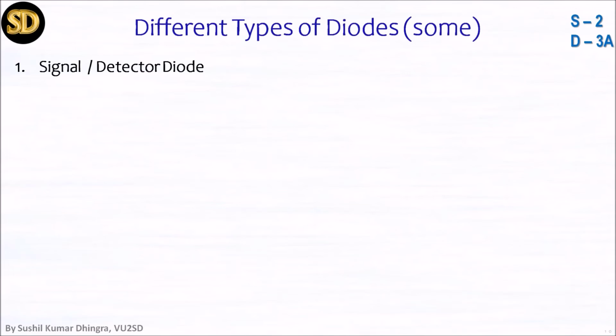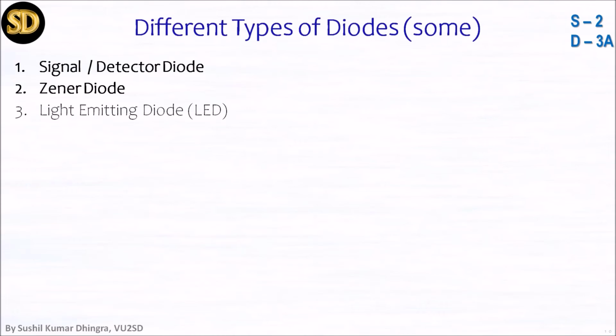There are different types of diodes in use. Signal detector diode, which you may find in radios. Zener diode, which is very much used for regulation of voltages and also to protect against high surges or high voltages. Light emitting diode for giving light and indication. And of course nowadays LEDs have many uses. Photodiodes work on the principle that the moment light is available, they conduct.